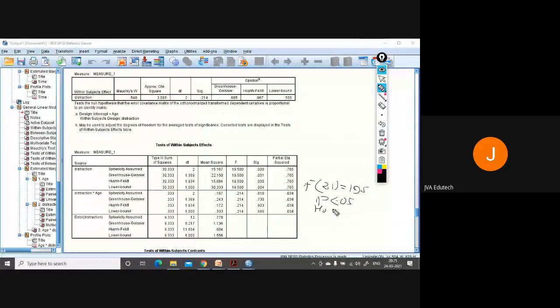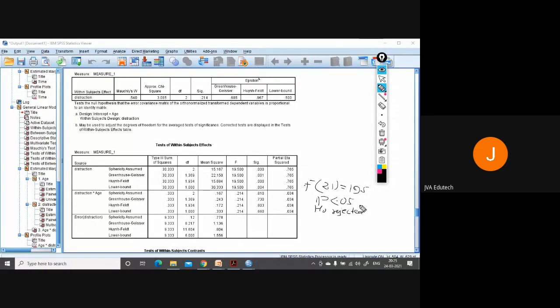H naught rejected, which means in all the different situations, whether they are with closed eyes, open eyes with less distraction, or open eyes with more distraction, under the 3 different situations, and among the 2 categories, older and younger people, their level of remembering and learning will be affected by different levels of distraction.